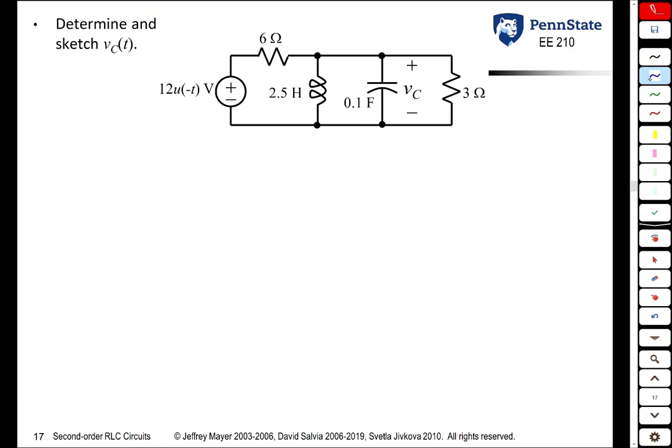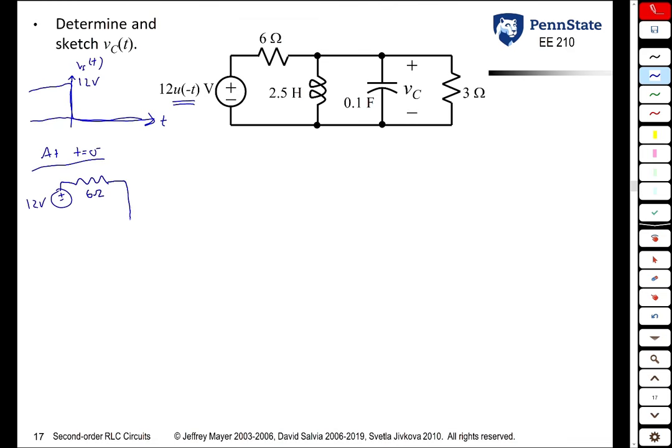Okay, so in this problem, we're given an RLC circuit that's initially driven by a 12-volt source, and at time 0, the source turns off. So if you think about what the source looks like, Vs of t starts off at 12 volts, and at time 0, it turns off. So let's go through the algorithm. The first thing we do is a DC steady state problem before the change in the circuit at t equals 0. So at 0 minus, we have a 12-volt source,